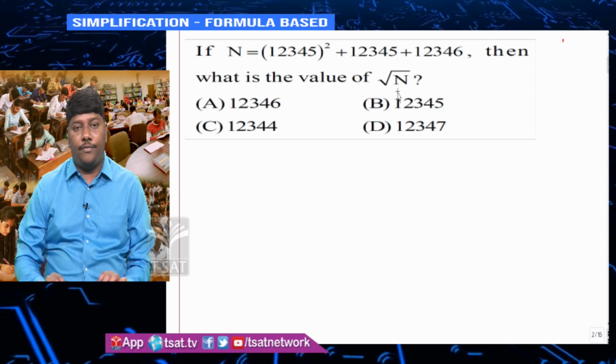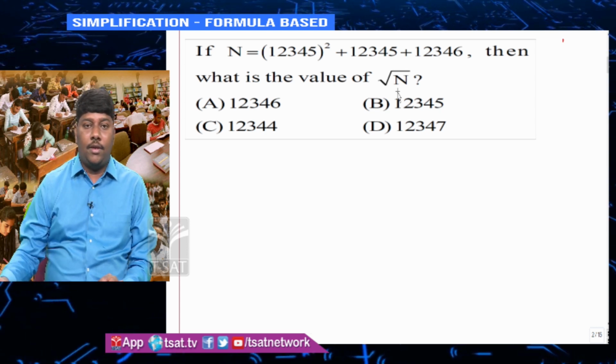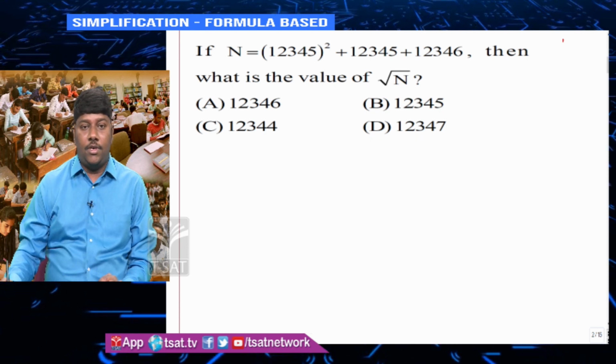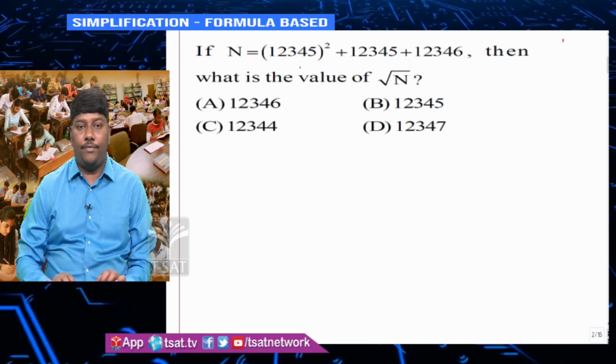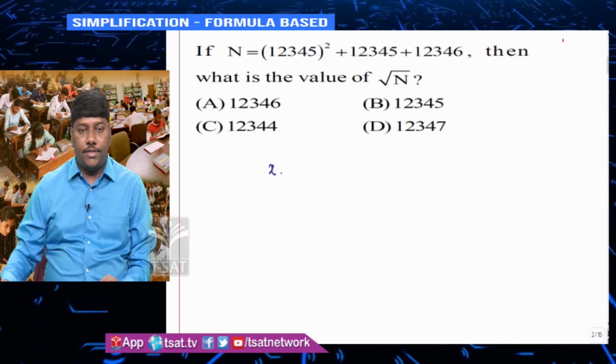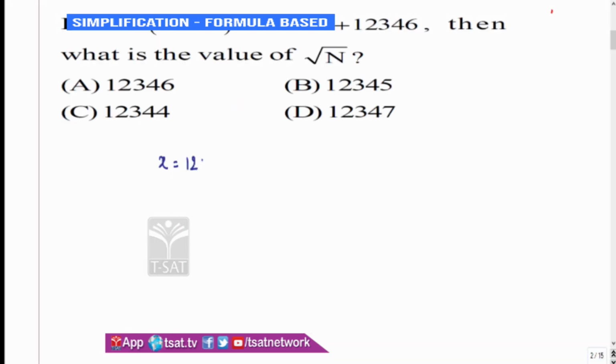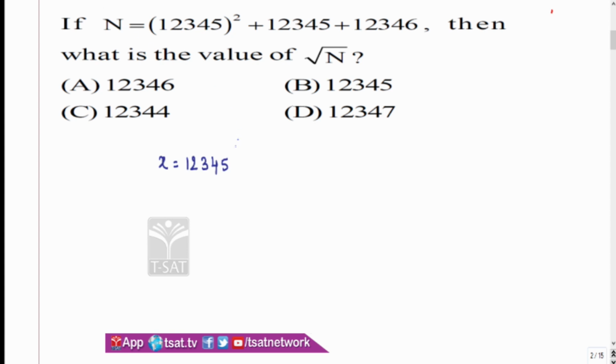Now look at this 1, 2, 3, 4, 5. We are not going to solve this by calculation. We are going to apply the formula. So here 1, 2, 3, 4, 5, if I assume it as x, let x is equal to 1, 2, 3, 4, 5. So the entire thing becomes what? N is equal to 1, 2, 3, 4, 5 whole square becomes x square. Then 1, 2, 3, 4, 5 is x. You have 1, 2, 3, 4, 6, which is 1, 2, 3, 4, 5 plus 1. So I am going to write it as x plus 1,